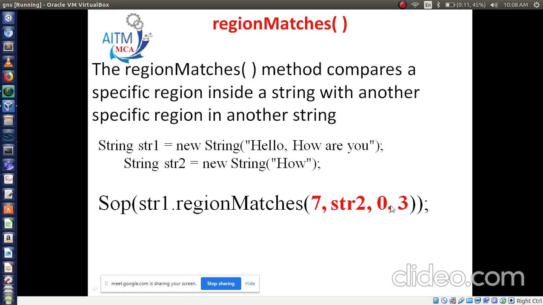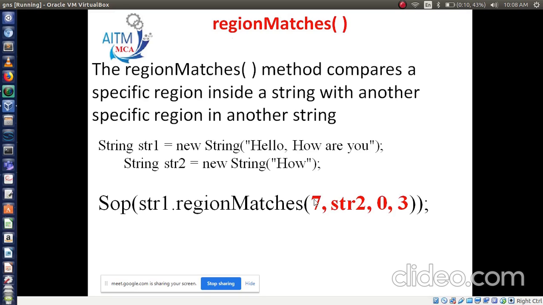So match 0 to 3 in string 2, from which string you are comparing, string number 1, that is the 7th position. So it will match region-wise. This "how" belongs to this string. In this situation it will give the output true. Okay, is it clear?